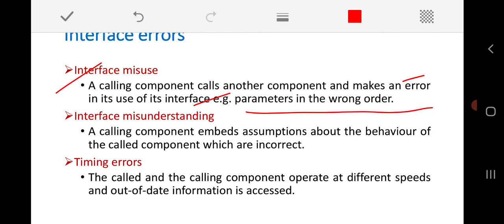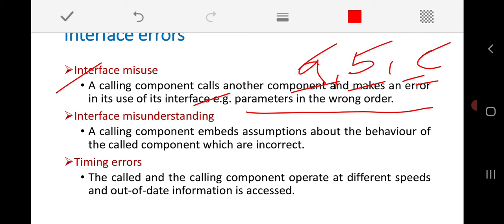Is it clear? For example, say you have written a C program using functions, and whenever you are passing the parameters from one function to another, that is the calling function to the called function, normally with actual parameters and formal parameters, we always need to take care that the order is maintained properly. If you are passing a, b, c, in the same order, even in the user defined function I should use those parameters in a particular order.